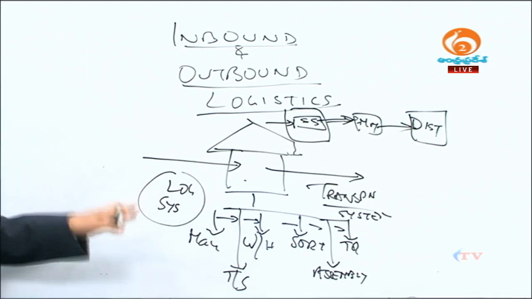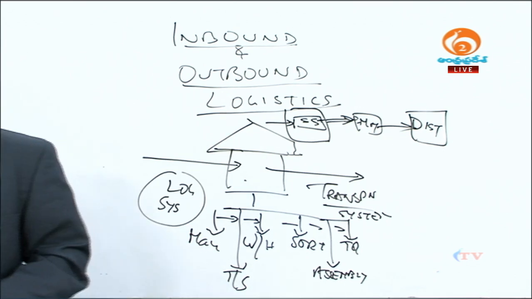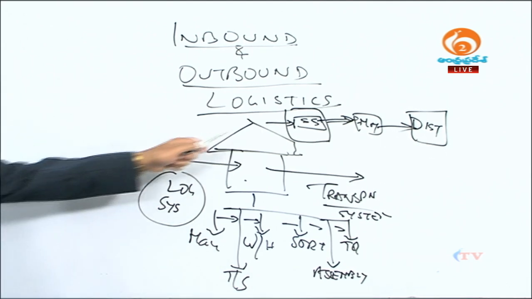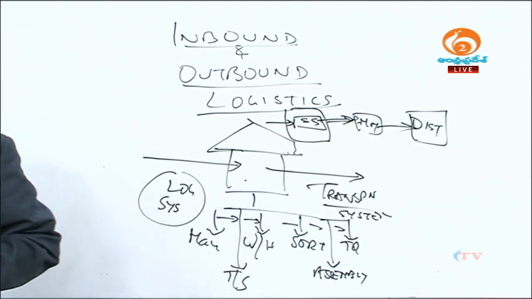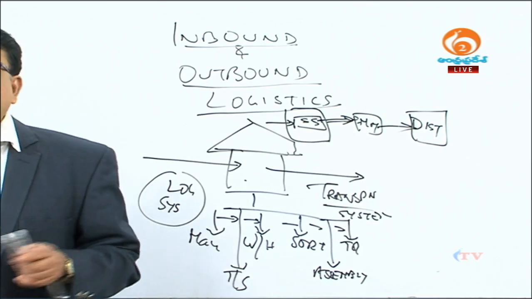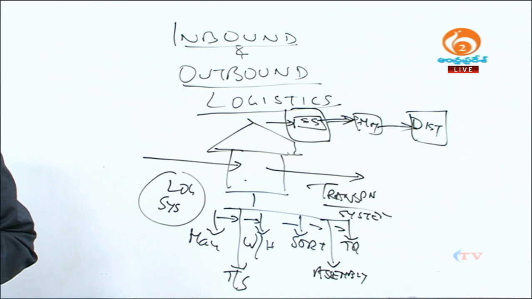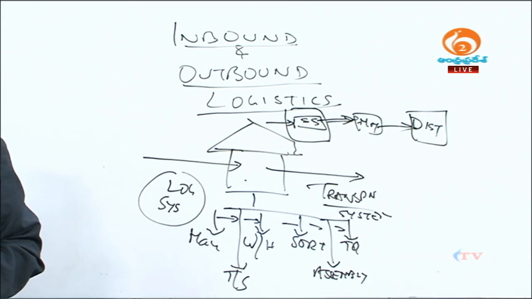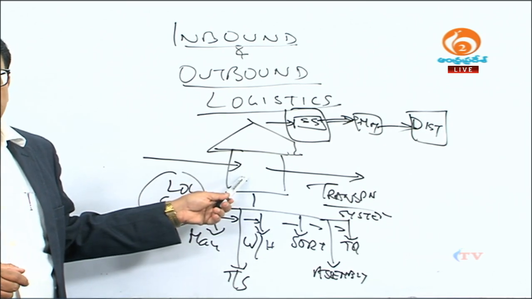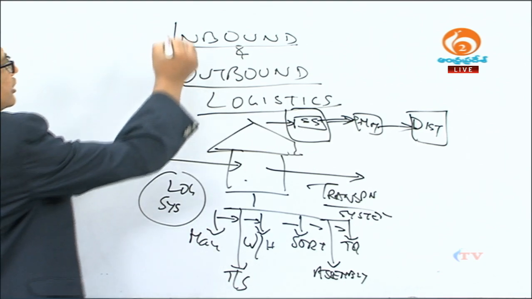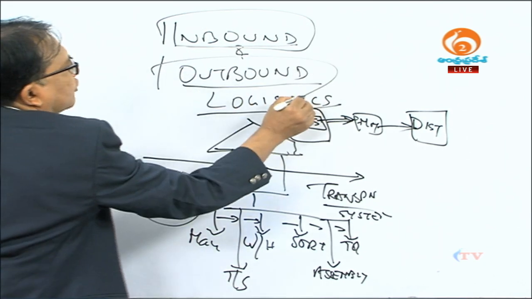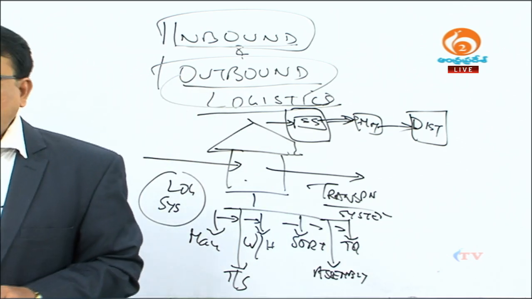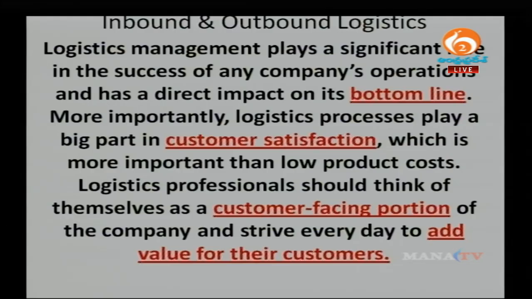Managing this particular logistics system is extremely important and vital, because each of the logistics systems finally adds up to the supply chain management system. In order to maintain the logistics system very efficiently, each and every company or enterprise has to properly manage their inbound and outbound logistics system. Now we will go to the slide and see what the definition of logistics management is.